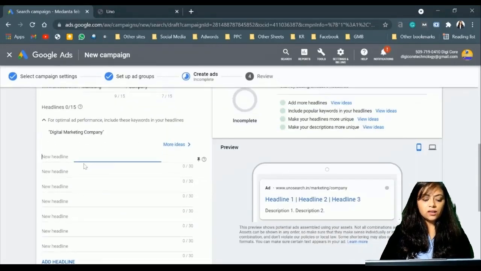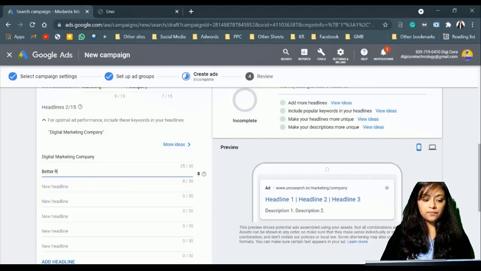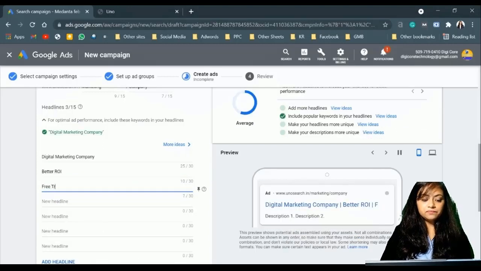Now we can add the headline digital marketing company, as I have suggested that you should add a keyword headline in the first place. Company, better ROI, free trials. A few of the headlines you can add.